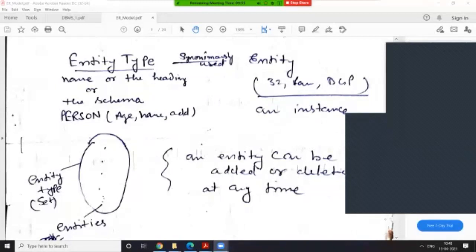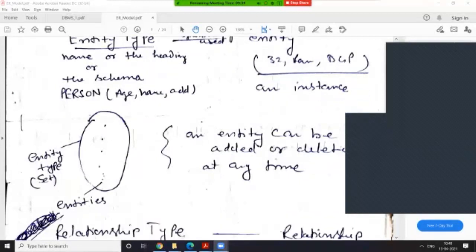Student 1 is an entity of a student, but student in totality represents the entity type. The name of the entity set is student or person, but exactly one instance of that set is known as the entity. While learning, we use set notations, like I drew here and represent with dot symbols, or you can write person 1, person 2, person 3. So you can easily understand the concept of the individual entities of this entity type, person or student.